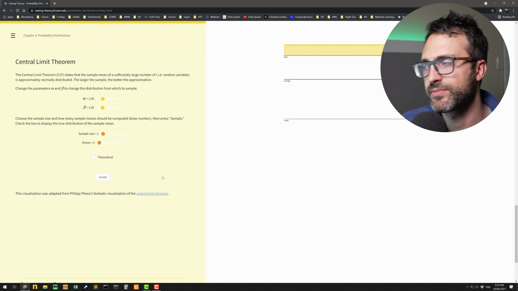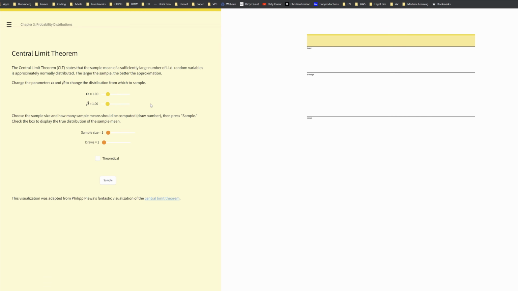Nice. Central limit theorem. As we keep drawing something, we should approach the sample mean. So let's just go sample. What did we do? Oh, we drew one value from the uniform, and obviously it's going to average that. What if I draw, I'm going to keep drawing. Let's go sample size, say 6. Draw 6. What's the average of those 6? It's this value here. I'm going to do another 6. It's going to be that. If I'm then going to do many draws, so 6 random numbers, average of that, and take the value. I'm going to do that, say, what's the max? 50 times. Oh, that's awesome.